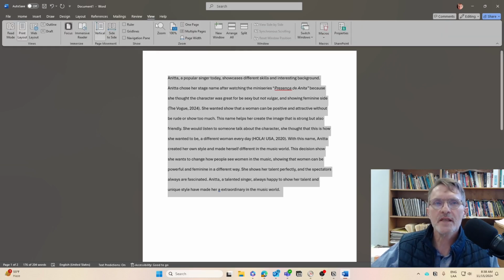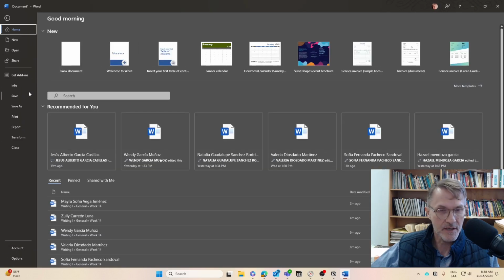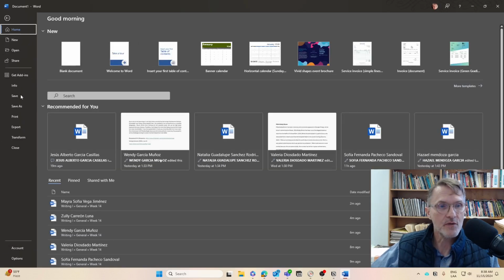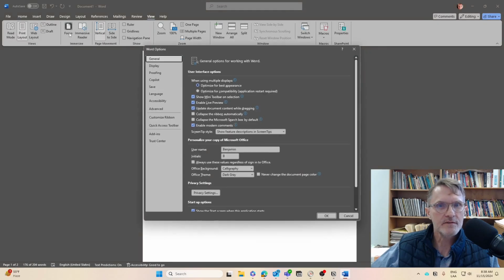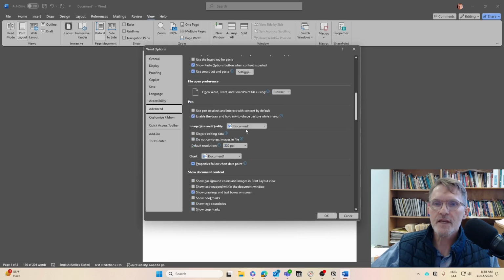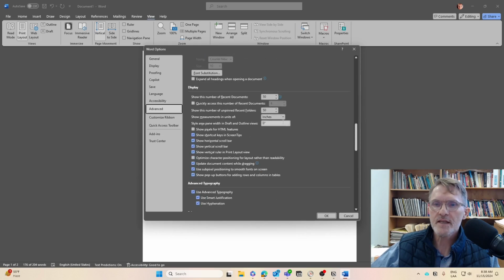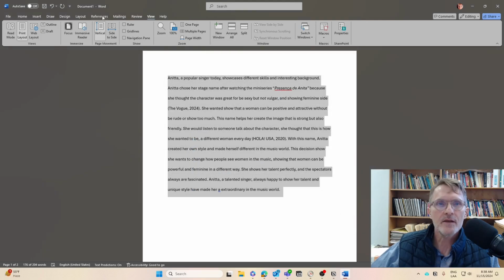So the first thing here we'll probably want to do is double check our units of measure. So I'm going to go into File, Options, and Advanced. And if you scroll down, you're going to want to make sure that it's already selected, inches. If it's set as centimeters, then we want to change this to inches, and then OK. And then we want to go to View,